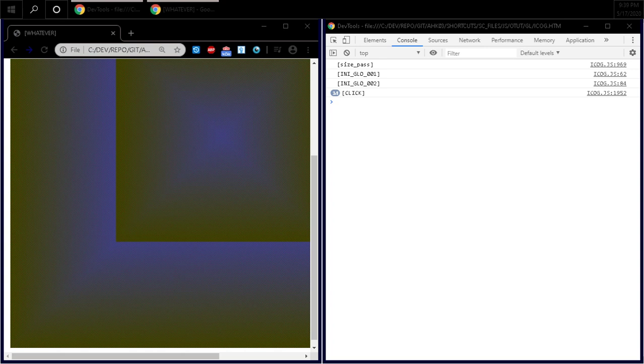Native keyboard event handler. I actually kind of like that. Native click event handler, native keyboard event handler. I actually really like these names. I think I might want to keep these names. So yeah, I'm going to keep these names. So I'm going to go back to